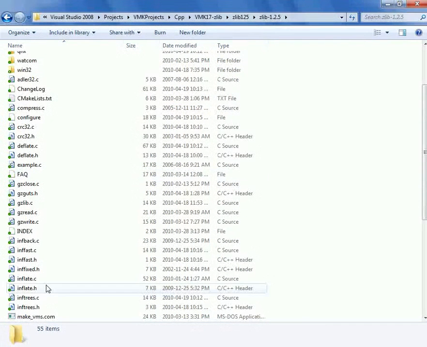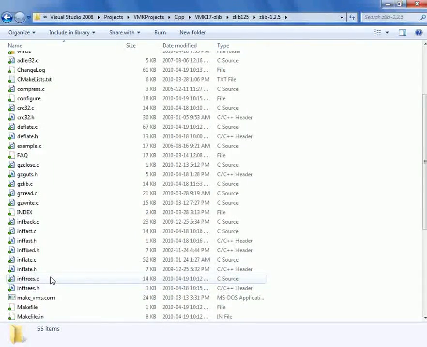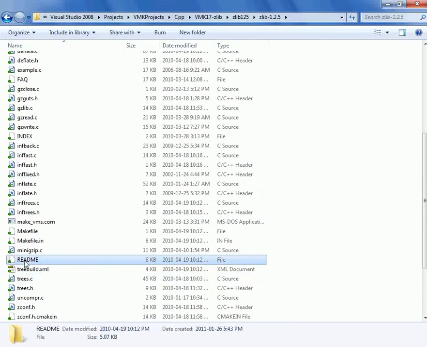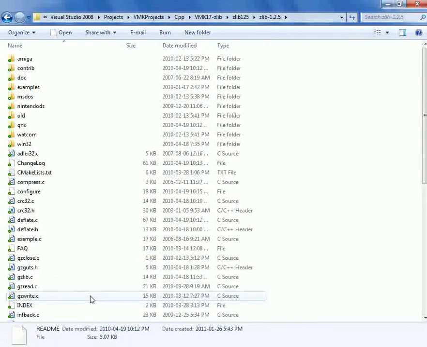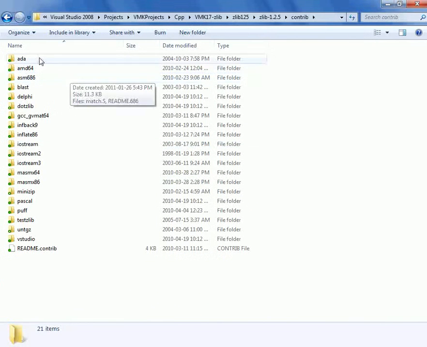These are all the files that are required to make the zlib library compress and decompress files. And there's a README file in here that you can have a read through to figure out what everything's all about. What we're particularly interested in is the contribution section. And because we're using Visual Studio, we're going to go inside the